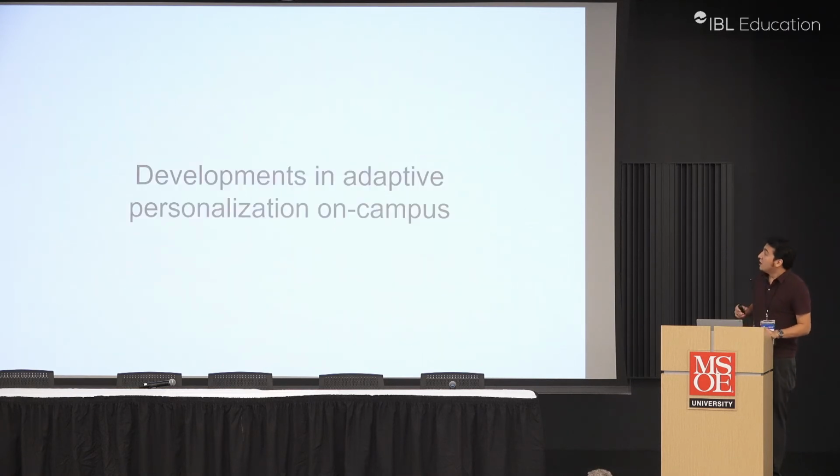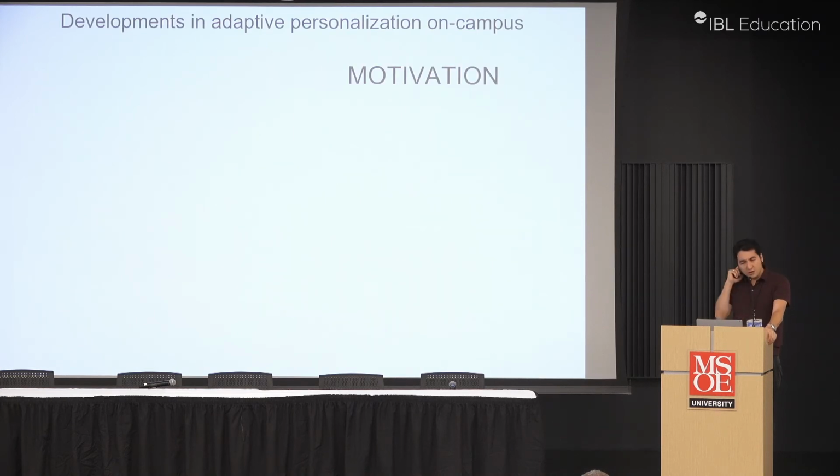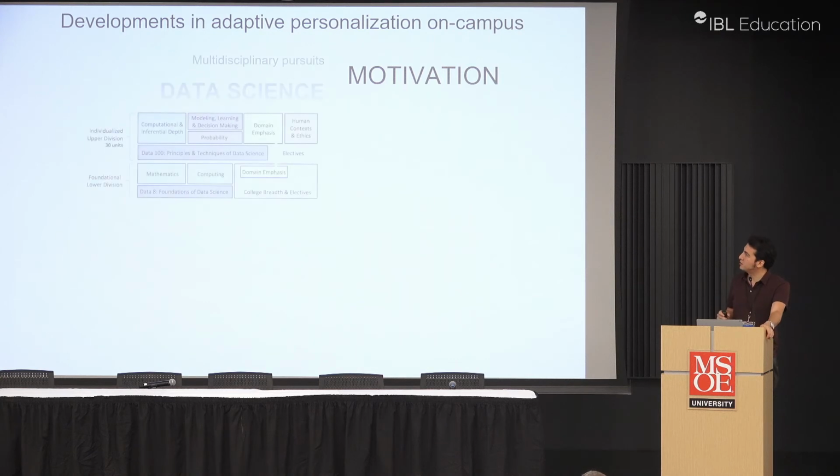Okay, cool. So that's in the MOOC world, but there are some developments in the on-campus world with regard to adaptivity that I want to tell you about. And there's some relation that could have to MOOCs. So what is driving adaptive systems and information systems on campus is some of the same reasons why there's interest in MOOCs and other online learning and certification opportunities.